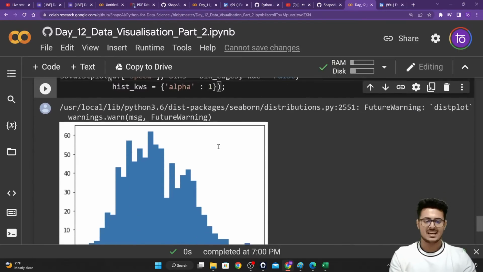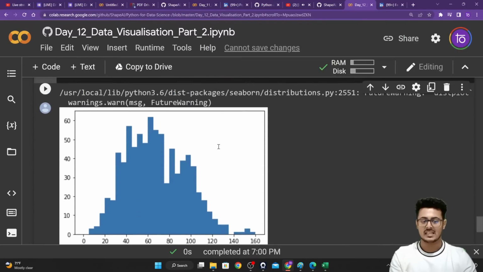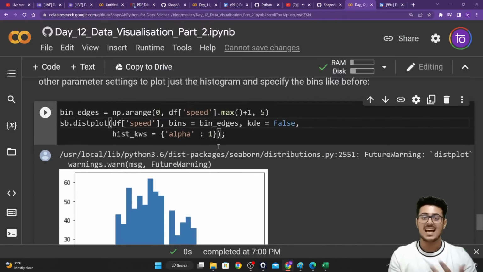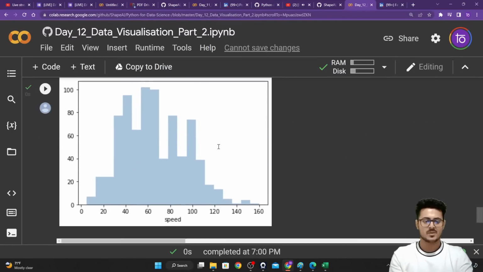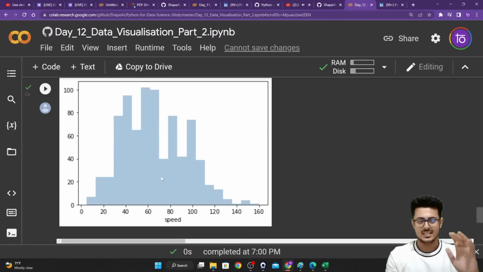But in histograms, instead of changing colors, you change the opacity of the histogram itself. Right over here, as you're able to see, this is a little bit translucent. The plot that you are having is a little bit translucent, guys. So you change the opacity of your entire plot. You want to make it dark blue or light blue, so change the opacity, the translucency of it.